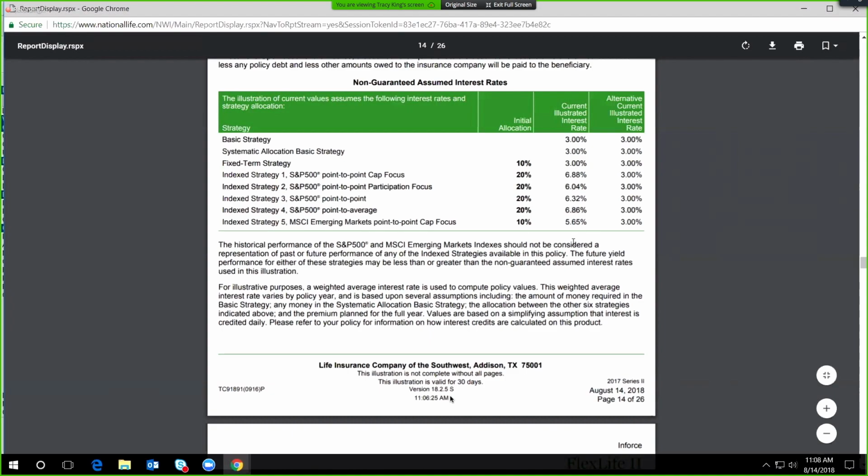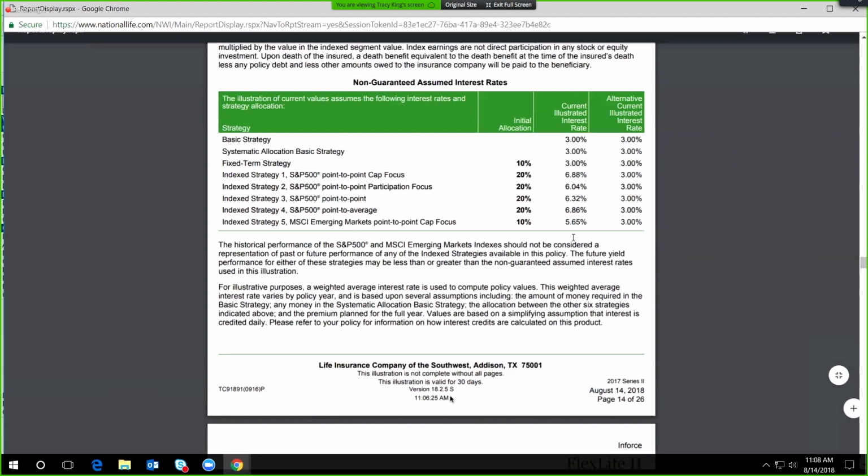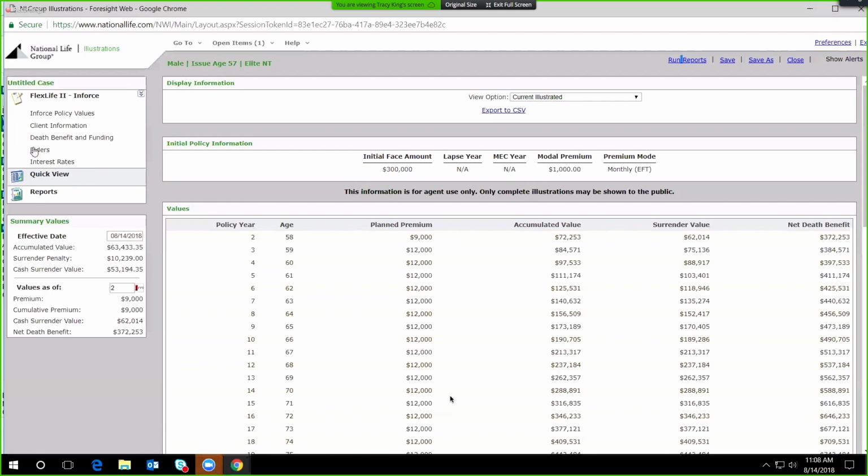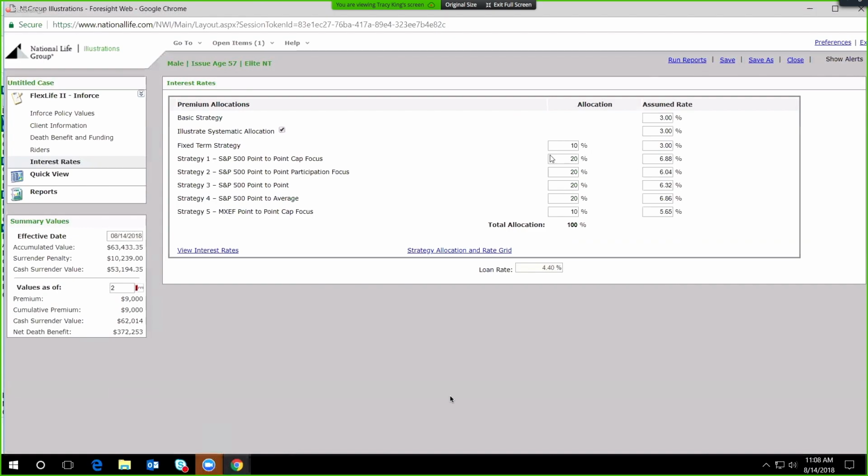Now, if you want to change that and you say, hey, client, again, I really want to maximize this, and I want to illustrate this at the 6.88 strategy 1, we can go ahead and do that. So we're going to close out of that with that little X. And right over here under interest rates, you go ahead and make changes. This first column allows you to make changes to the allocation. So right here,